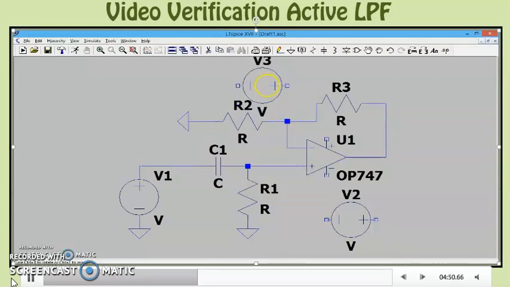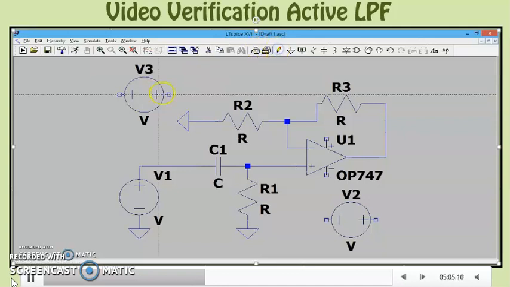This is plus VCC, so it can be placed anywhere. The connection should be right. I placed it at a side. Now I need to connect this plus VCC through a wire.